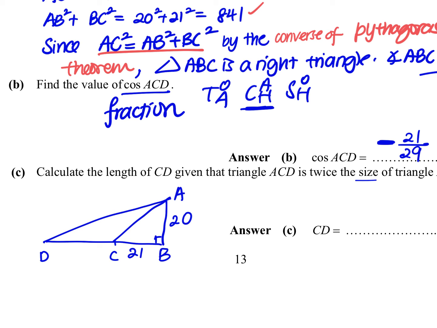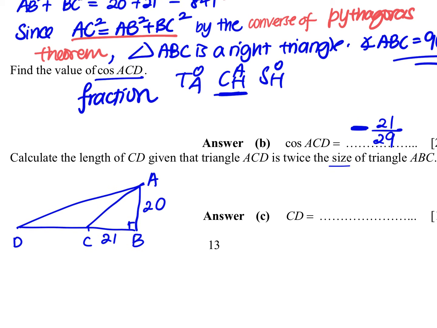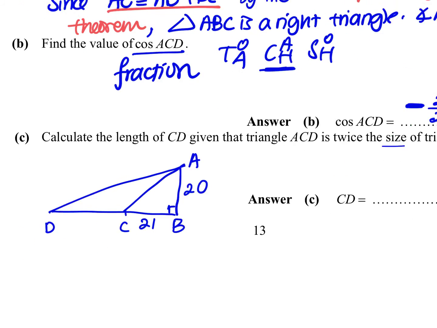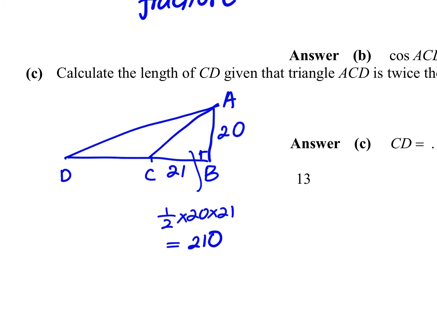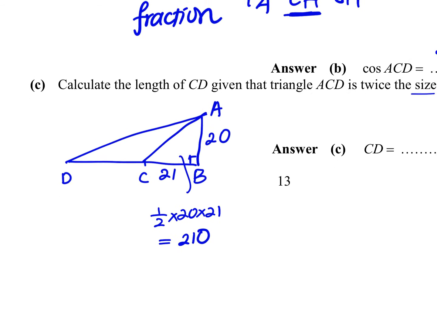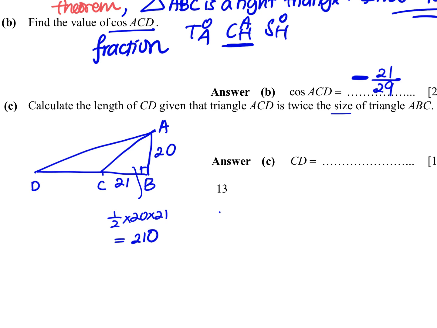ACD is 2 times. What do you use to find it? How to find the area of triangle ABC? But we must know the area of ABC first, right? Half times base times height, right? So half times base times height, how much? Half times 20 times 21. Answer? 210. Okay? Then they say